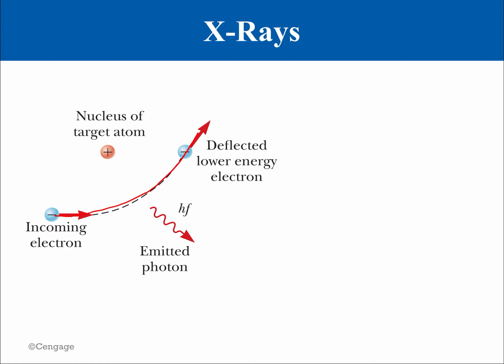All right? However, according to quantum theory, this radiation must appear in the form of photons. Because the radiated photon carries energy, the electron must lose kinetic energy because of its encounter with the target nucleus. All right? So this is interesting because this is telling us that it's not just like the electron is turning